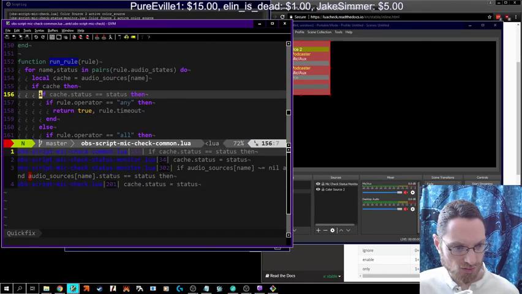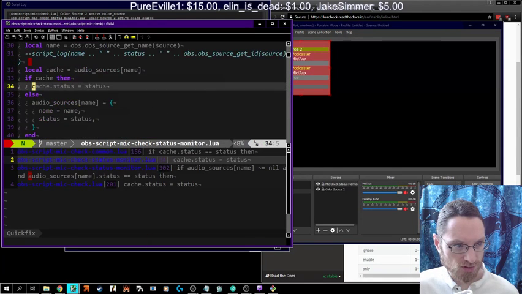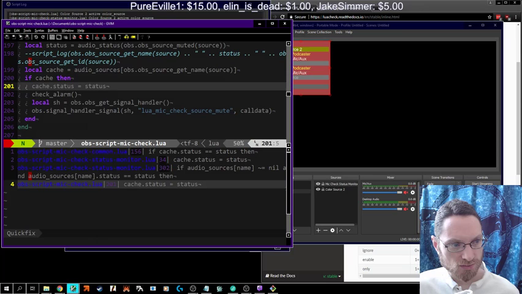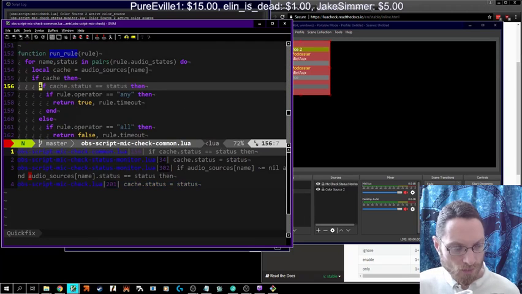What do we do with this? If cache status equals status, that's updating the status. Status equals status. So the status monitor is also going to have to account for that. And that's updating it. So